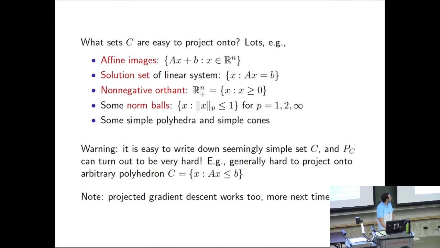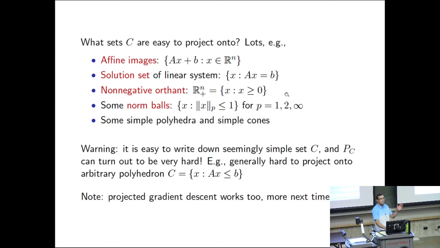So it's worth just pausing and asking, what kind of sets are easy to project onto? And there actually may be more than you would expect. The best thing to do is just to search the literature if you have a set that you're looking to project onto, because somebody may have a fast algorithm for it. But here are some simple things that we can do. Like, for example, any affine space, any linear space, so a solution to a linear system,